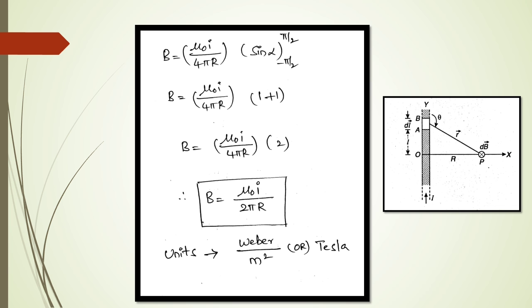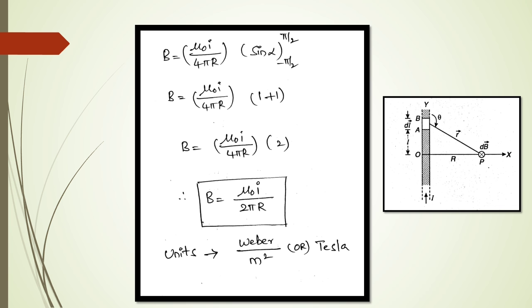This is the magnetic field produced at point P due to the total current carrying conductor. Here mu naught is the permeability of free space. The value of mu naught is 4 pi into 10 power minus 7 Weber by ampere into meter. I is the current which is flowing along the current carrying conductor, and the unit of current is ampere. Pi is the constant value. Capital R is the distance between the point capital O and the point capital P.